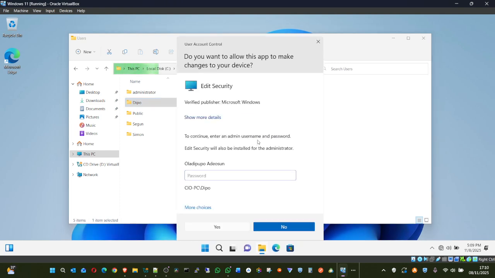What is this? It is asking for a password. If Shegun cannot supply the password to access my account, then he cannot have access to it. But me as admin, I can have access to his account.